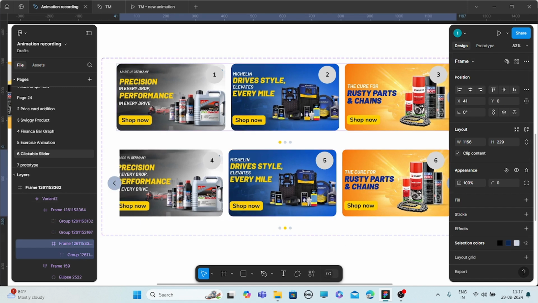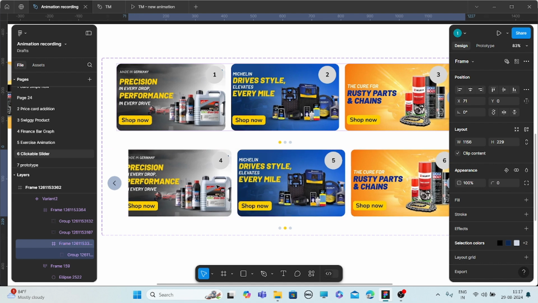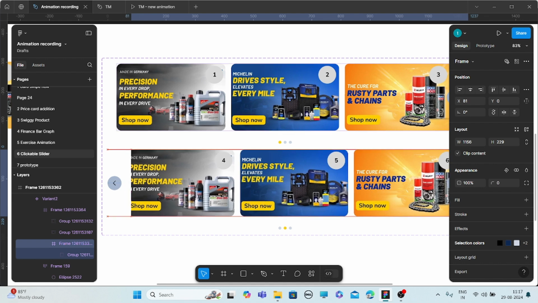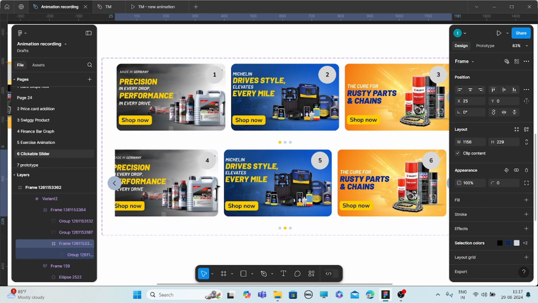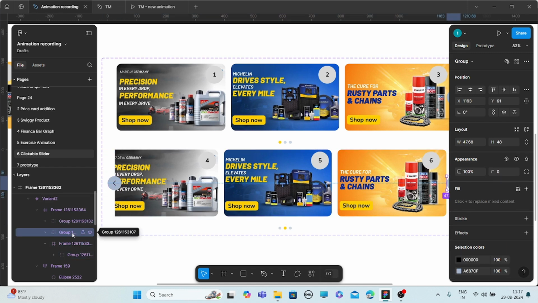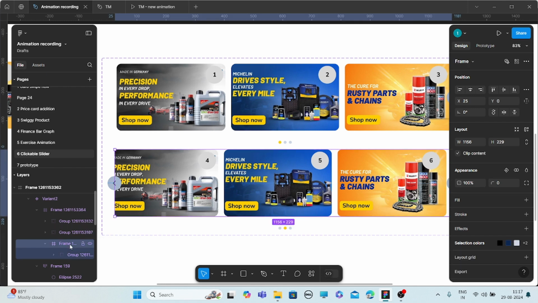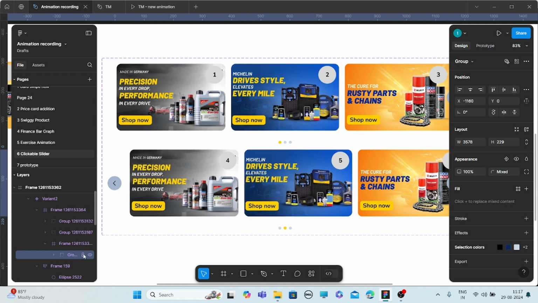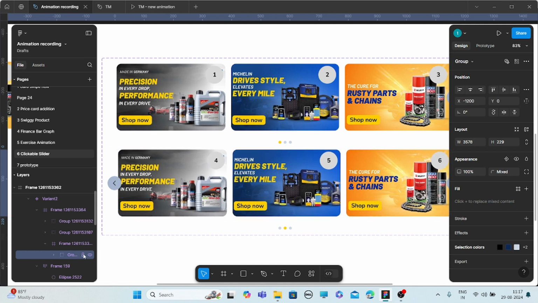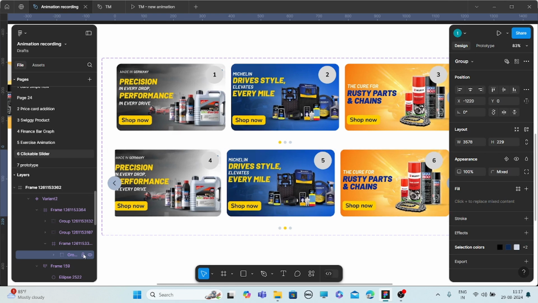You can see I have taken the same images as the first one. That is the reason why it is not happening properly. Here the fourth frame has come.